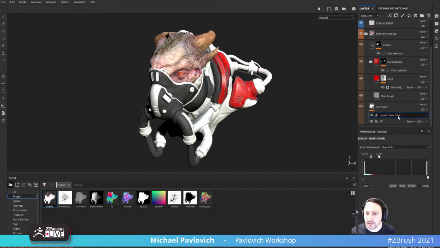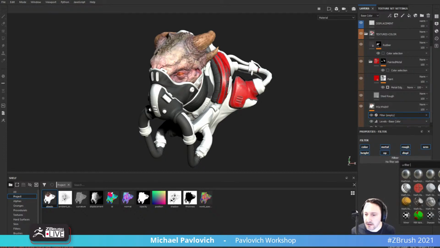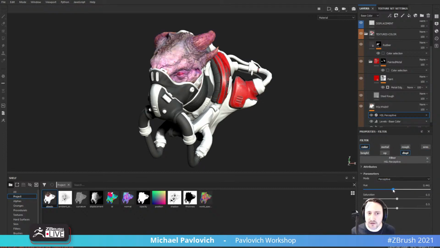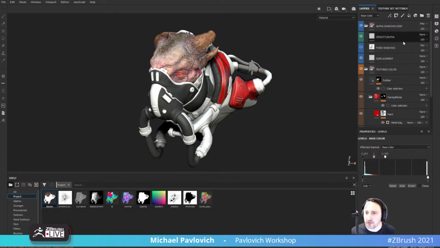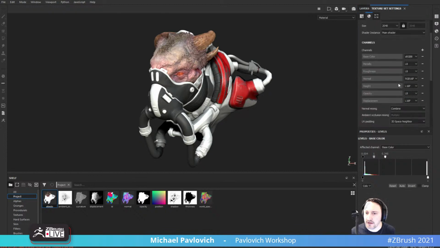The HSL is cool and all. You can actually use this to dial in. You can use gradients too, but if you wanted to make an overall hue shift change to the creature, that's where you can do that. But here, we got that. And like I said before, if we want to go through and do our texture set settings,